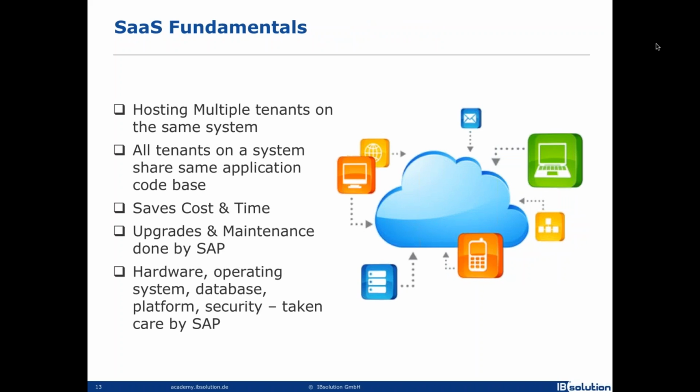SAP offers Cloud for Customer as software as a service, which means that SAP hosts the servers, SAP takes care about the upgrades, the maintenance, the hardware itself, the operating system, about the security, the backups. Basically, SAP takes care about the solution, and you just use it as a service.